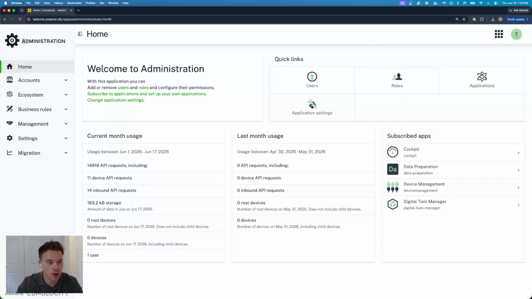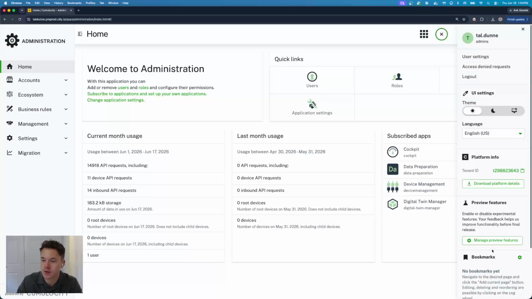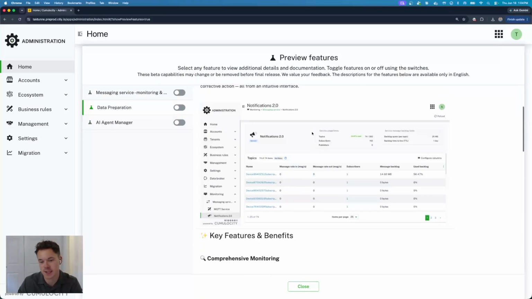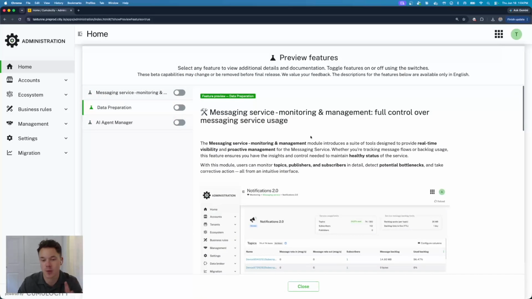So the first thing you're going to want to do is go into the administration application, right? This is your one-stop shop for all things admin on your tenant. From there, you're actually going to click your little icon up here in the top right where your username is, and then go to preview features. Right here, you will see data preparation. That's exactly what we're looking for. You can read a little bit more about it,